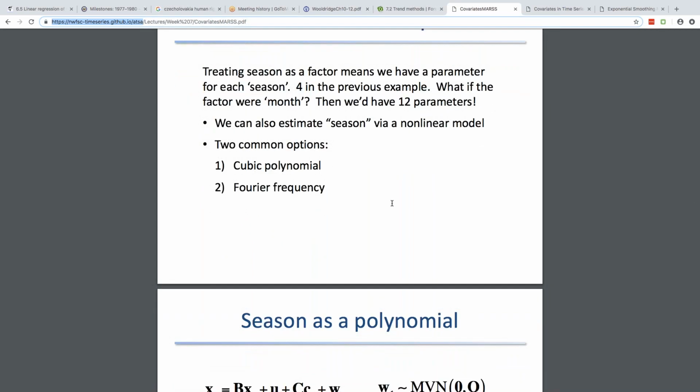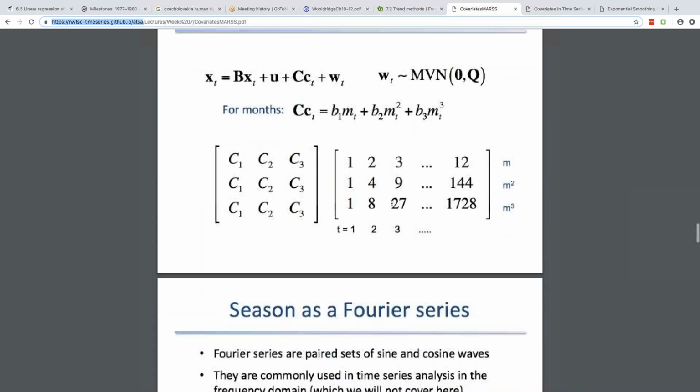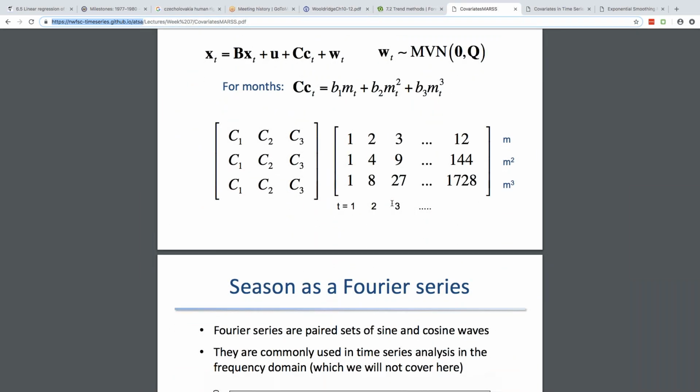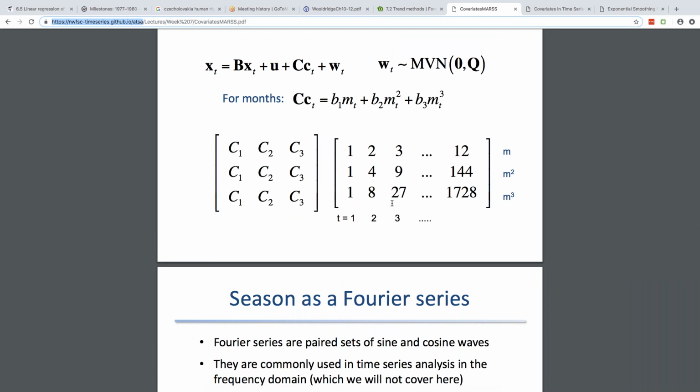One is a polynomial, and the other one is using combinations of sines and cosines. So if you're using a polynomial, then you're going to have your covariate look like this, 1, and then